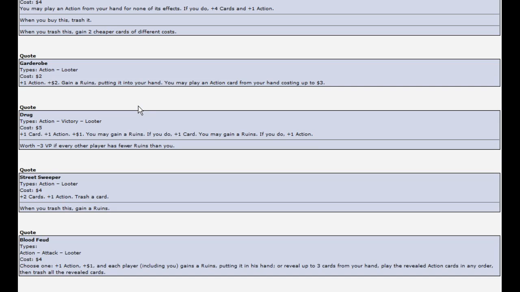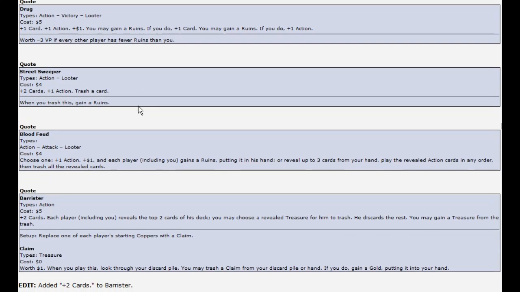Never broken. Okay, drug. Costs 5, it's a peddler, you may gain a ruins. If you do, it gives you another action. It can be worth -3 VP if every player has fewer ruins than you. Well, why do you have to do that? So basically it's just a peddler that you could make into...